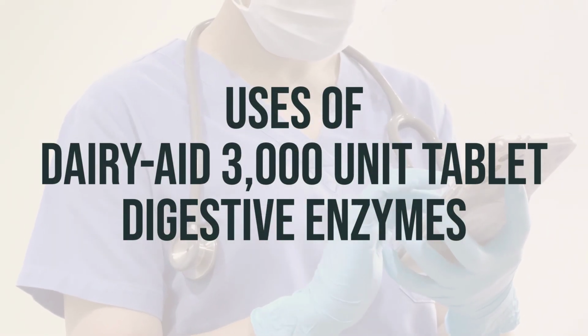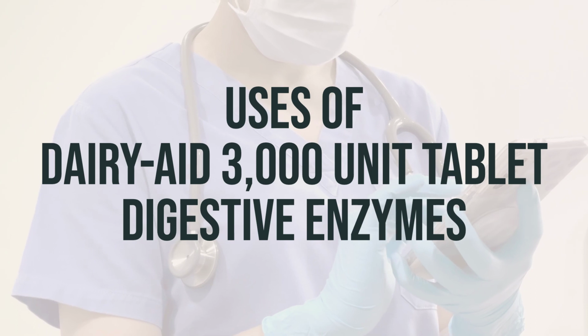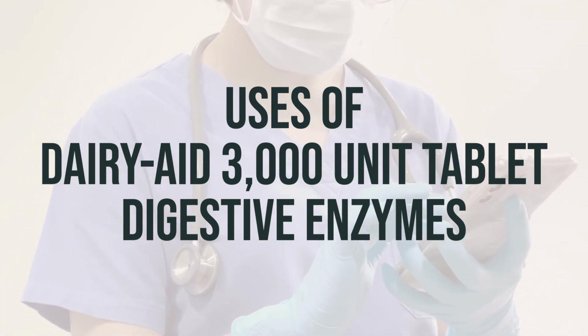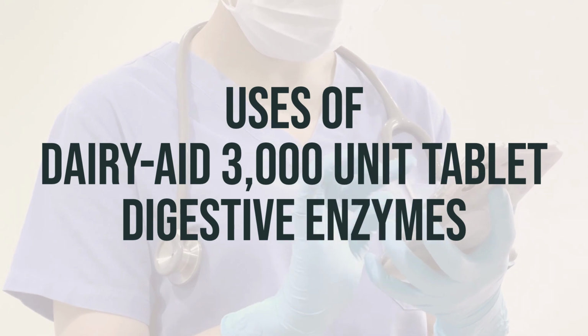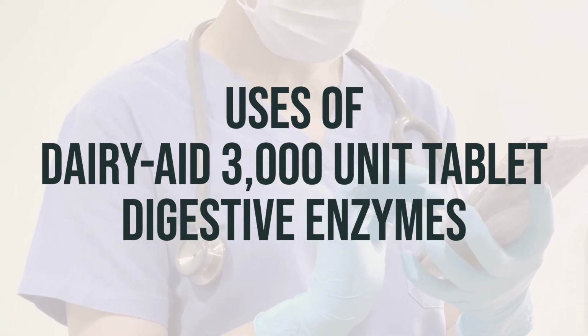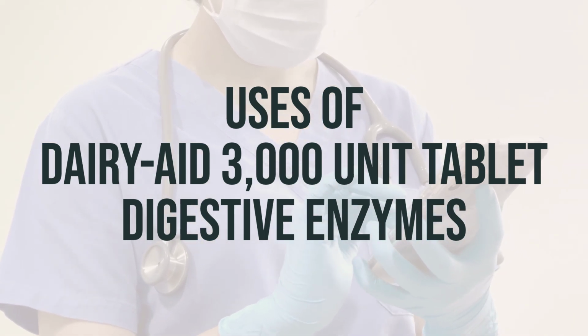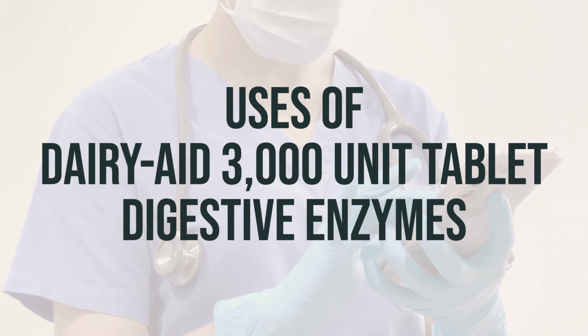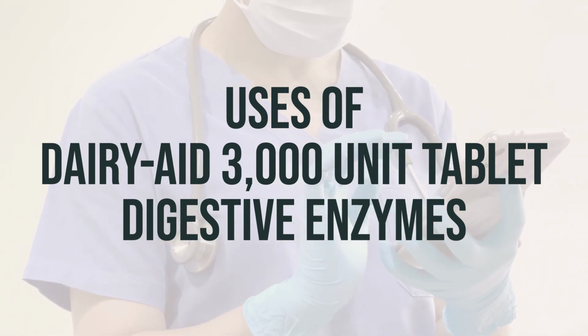If you or someone you know has trouble digesting milk and other dairy products due to lactose intolerance, you may want to consider using DairyAid 3000 Unit Tablet Digestive Enzymes. Lactose is a type of sugar found in milk products, and lactase enzyme is normally produced by the body to help break down lactose. Lactose intolerance can affect people of all ages, and it can result in a lack of